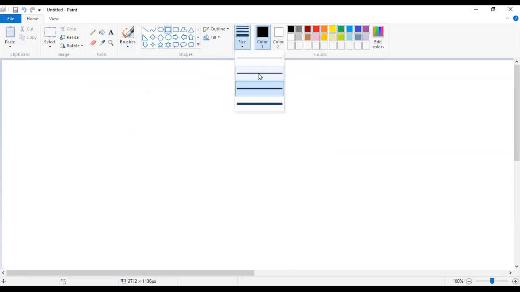The thin line, the broader one, then the more broader one, and the more broader one. Got it? And this is the color palette. From here we can choose and select the color. Okay, so let's start drawing.